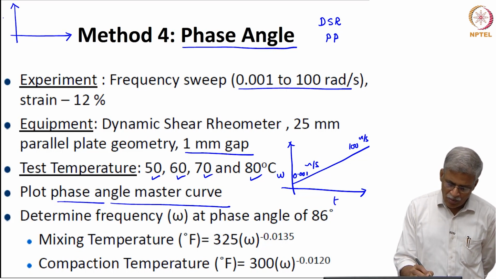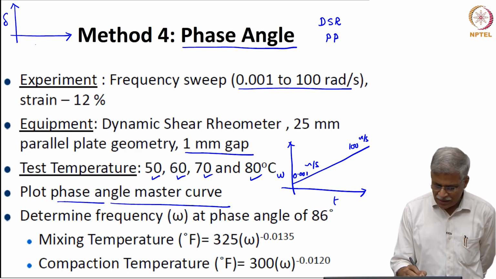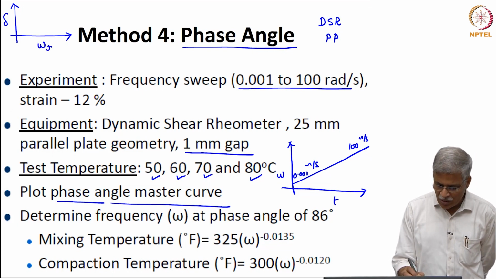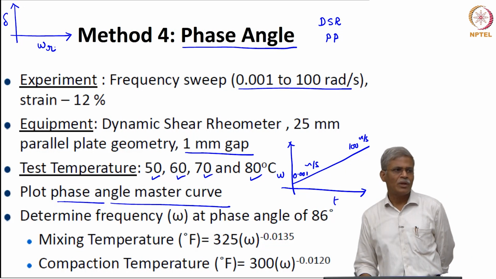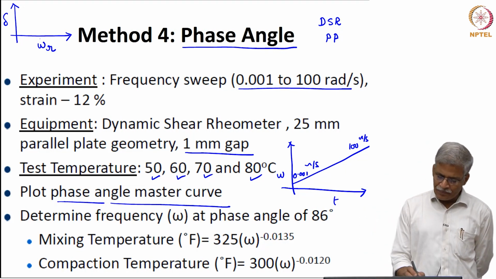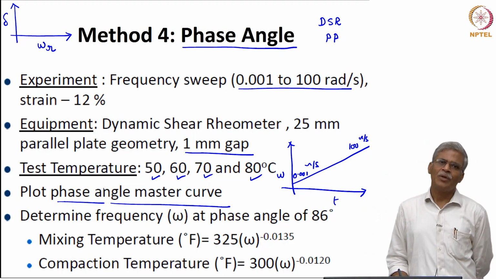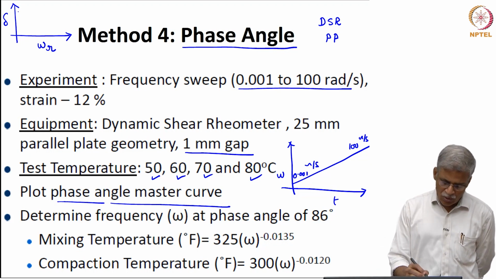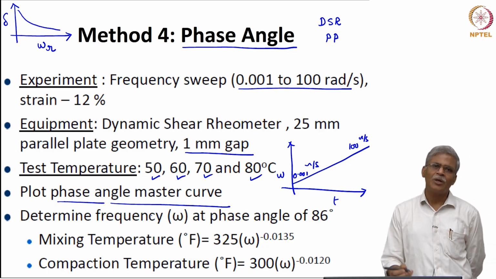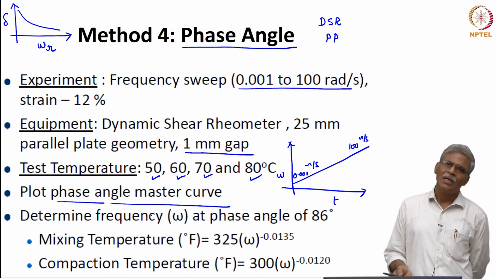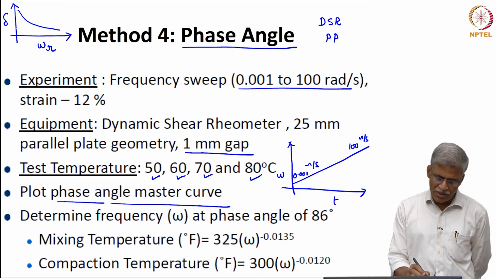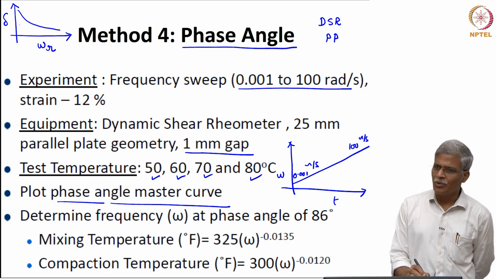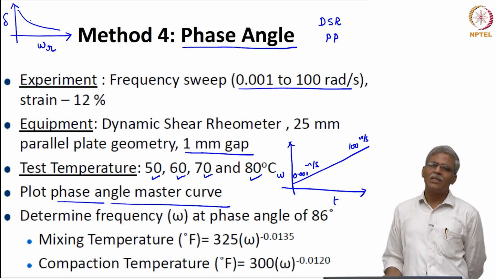If you are talking about phase angle like this and this is the reduced frequency, what will really happen at very high frequencies? It might vary in many ways, we do not yet know how it will vary, it all depends on the binder. At very high frequencies the phase angle is going to reduce,